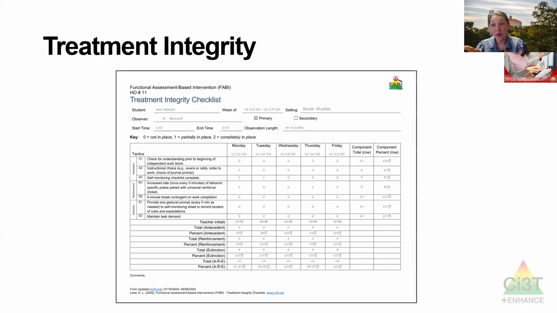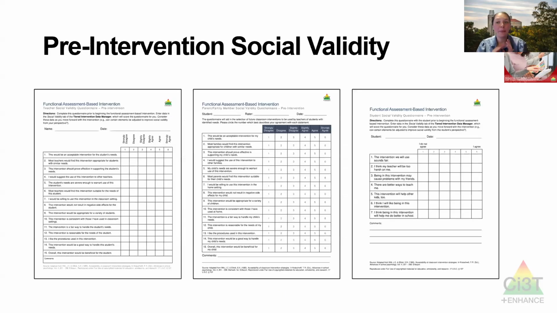And it's what's going to let us know if our intervention is working. Because if our intervention isn't working, but our treatment integrity is pretty low, that doesn't tell me the intervention isn't working. The intervention's not yet in place fully. And we want to make sure the intervention is fully in place before we're making decisions about is this working or not.